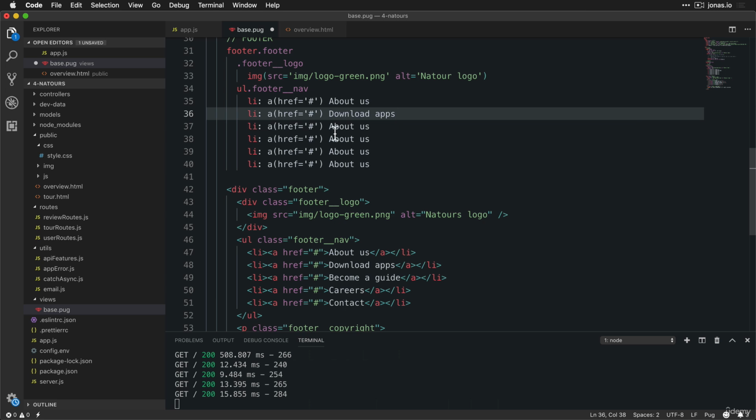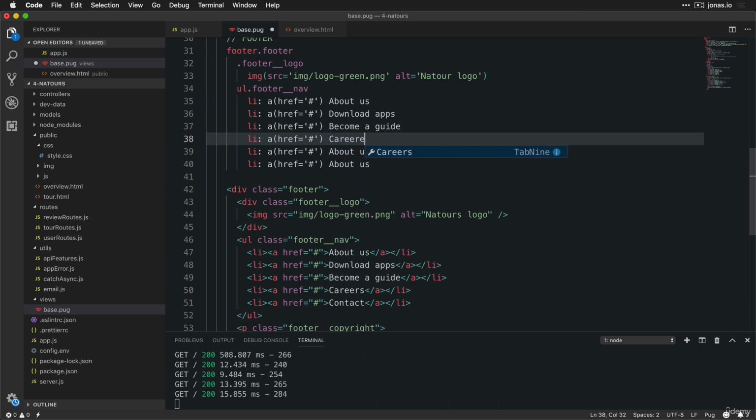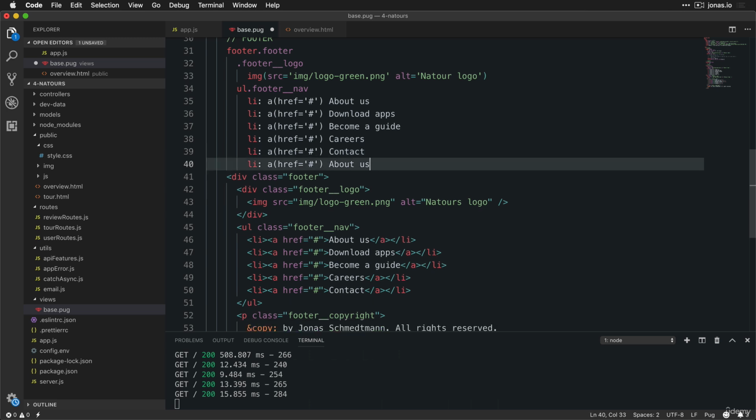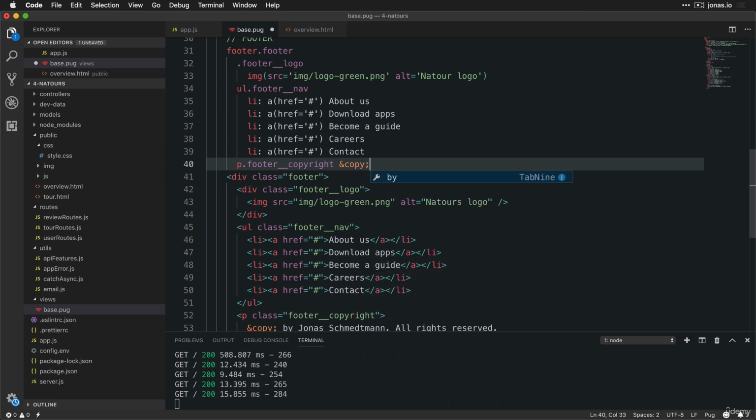So download the applications, become a guide, careers, and that's actually it. Next up, we have this footer, copyright, and so in here we have just a bunch of text. So let's specify the copyright symbol here, and that's by Jonas